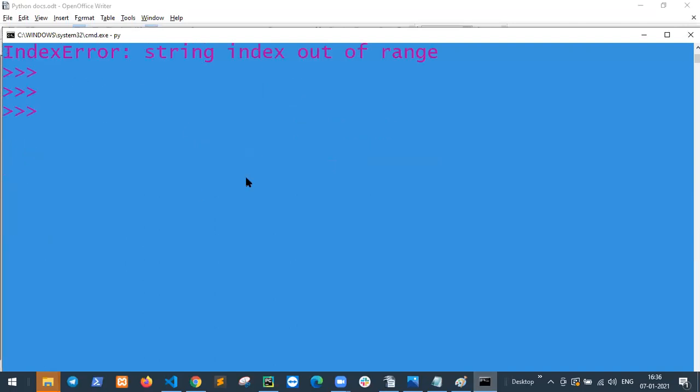this line of output, s3 equal to country, and print of s4 equal to s3 of, print s4.